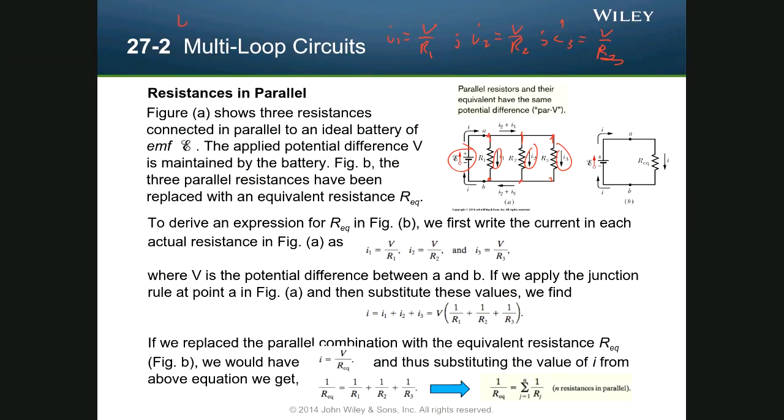So I will be equal to I1 plus I2 plus I3. Okay? And that comes from our junction rule. But now we can plug in each of these terms into our equation. All right? And when you factor out, since all the V's will be the same, you can factor out the V's out here, and you'll notice you have a nice term